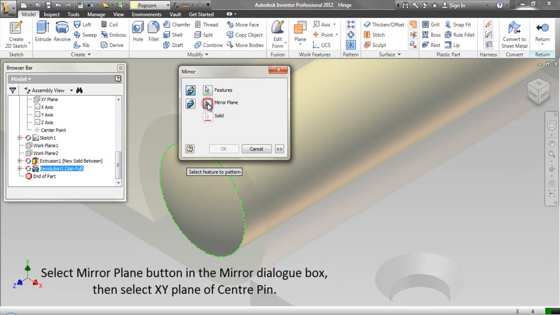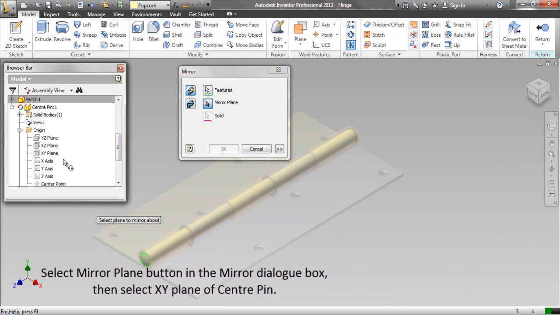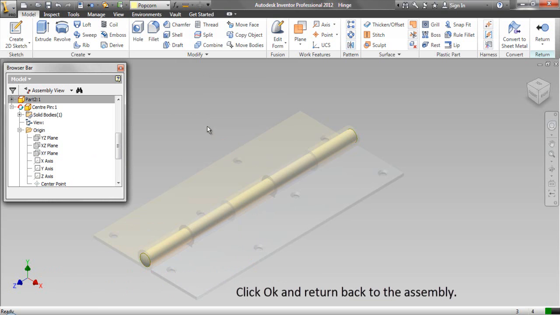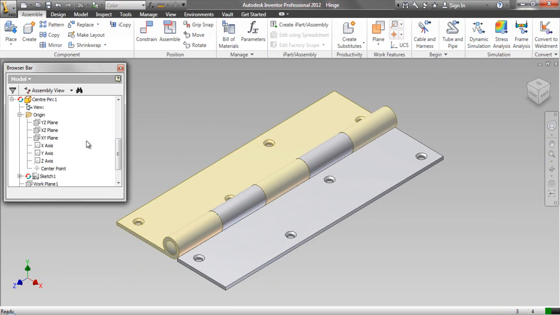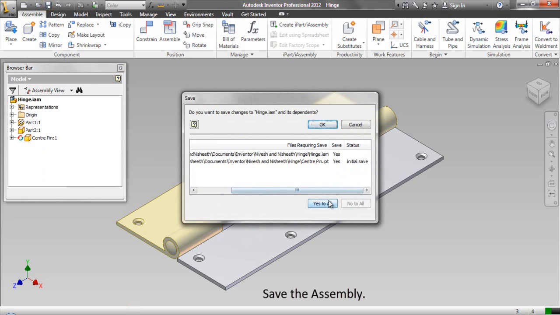Select the Mirror Plane button in the Mirror dialog box, then select the XY plane of the center pin. Click OK and return to the assembly. Save the assembly.